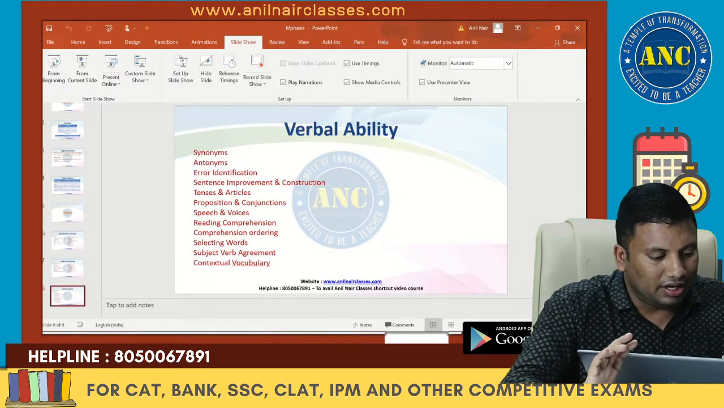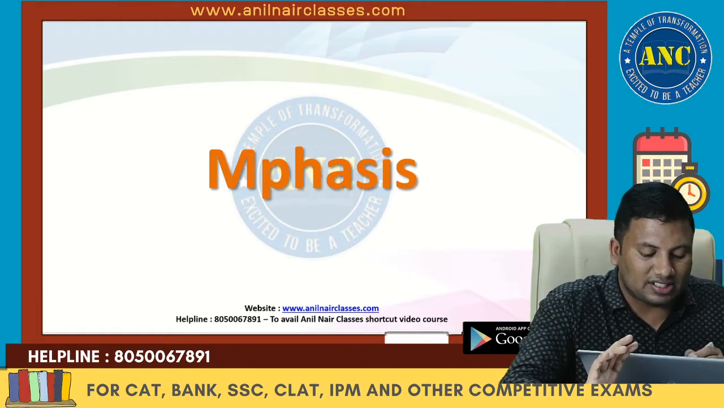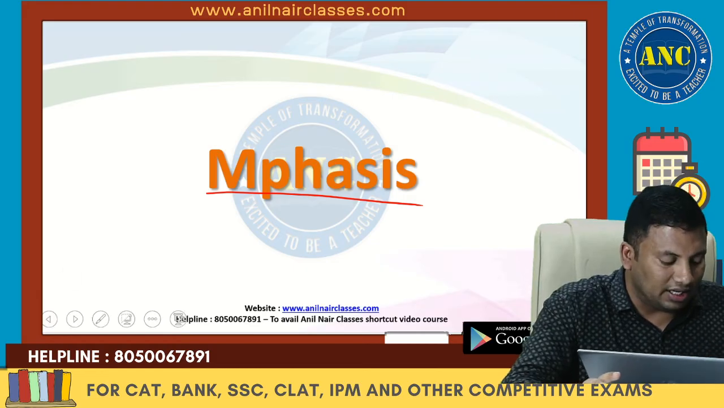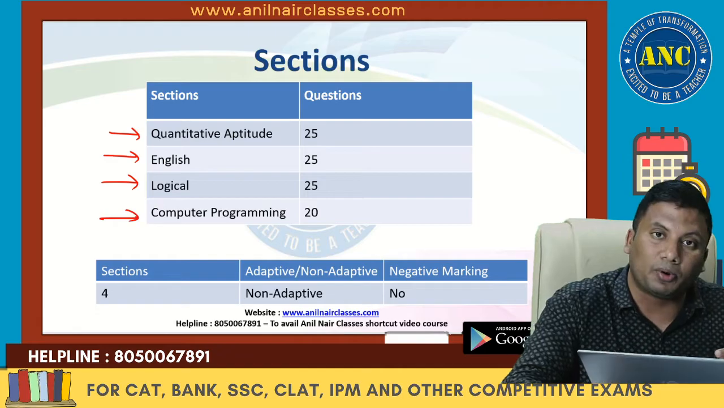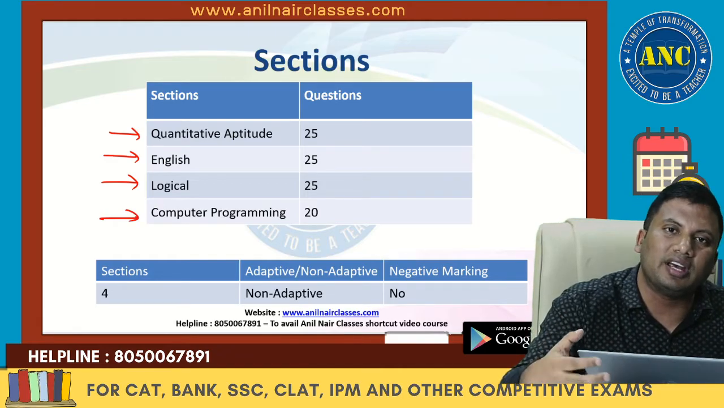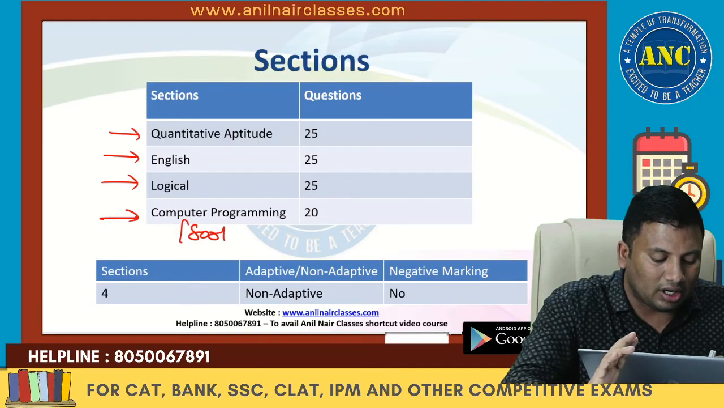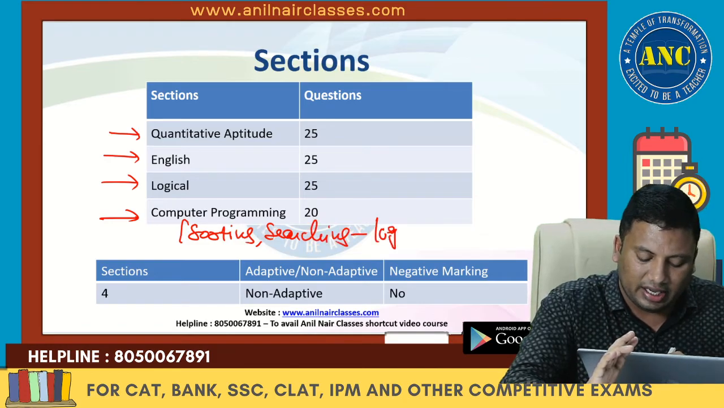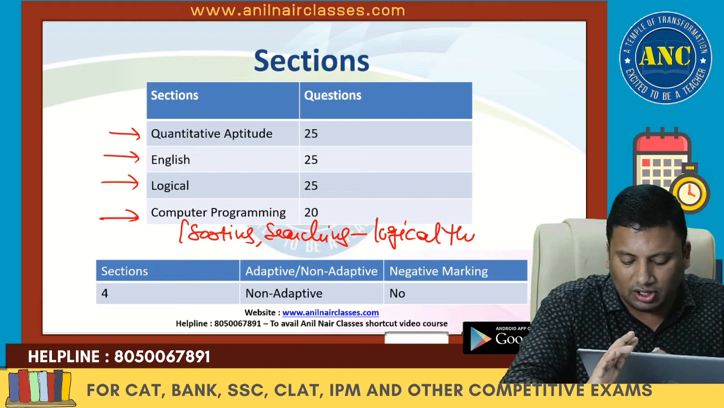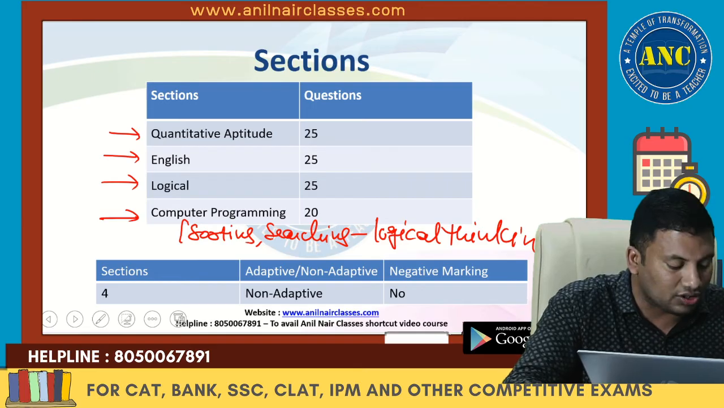Now, if you see here, the Mphasis paper has quantitative aptitude, English, logical and computer programming. You will be given some programs, then they ask you to predict the output, and the programs could be from sorting problems, searching related problems, or anything which involves logical thinking. Concentrate more on arithmetic, concentrate also on